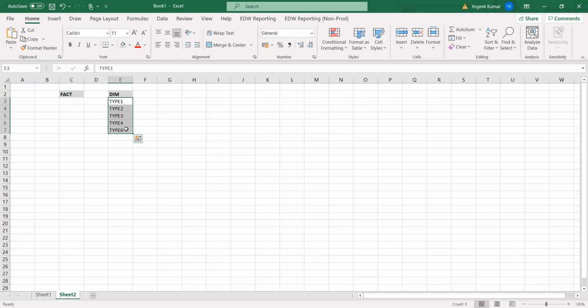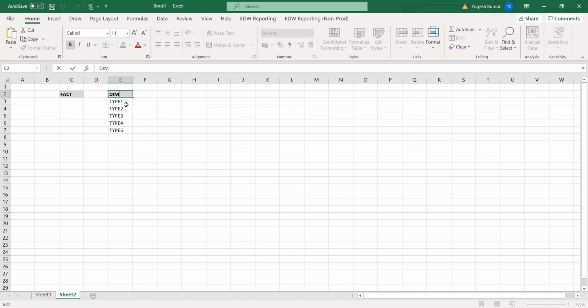Every type of dimension table will have a specific functionality.